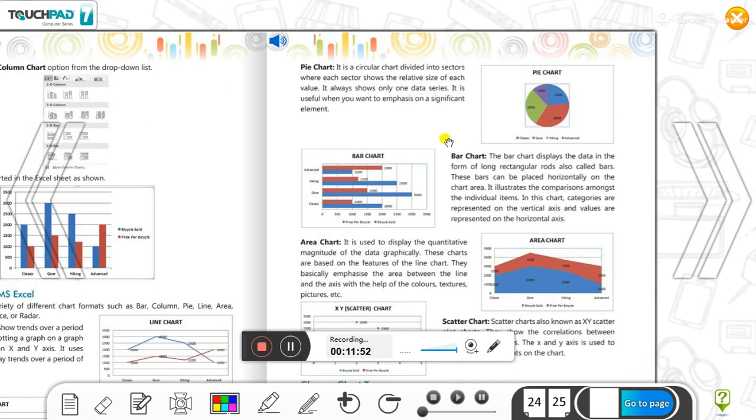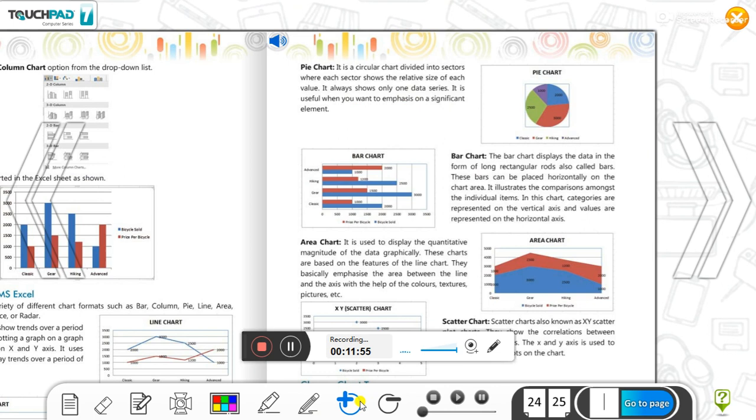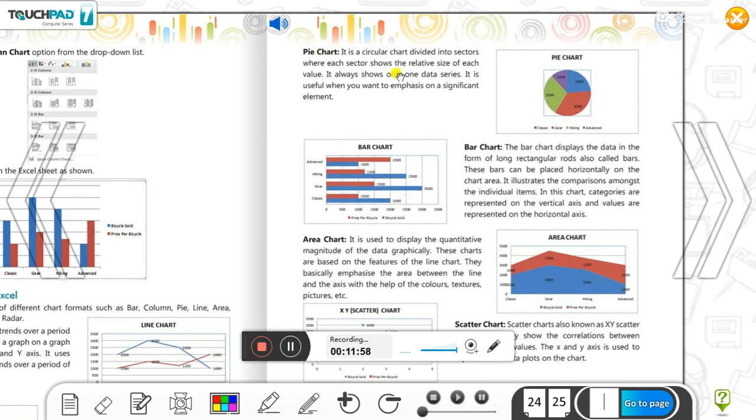Same with the pie chart. All of you know very well about the pie chart. It is a circular chart divided into sectors, where each sector shows the relative size of each value. It always shows only one data series. It is useful when you want to emphasize a significant element, like if you want to show the population of a country, how many male, female, children, etc. So this is all about your